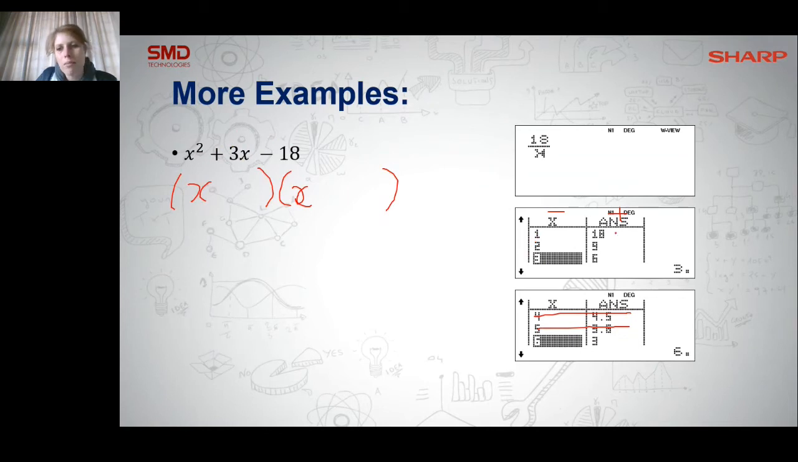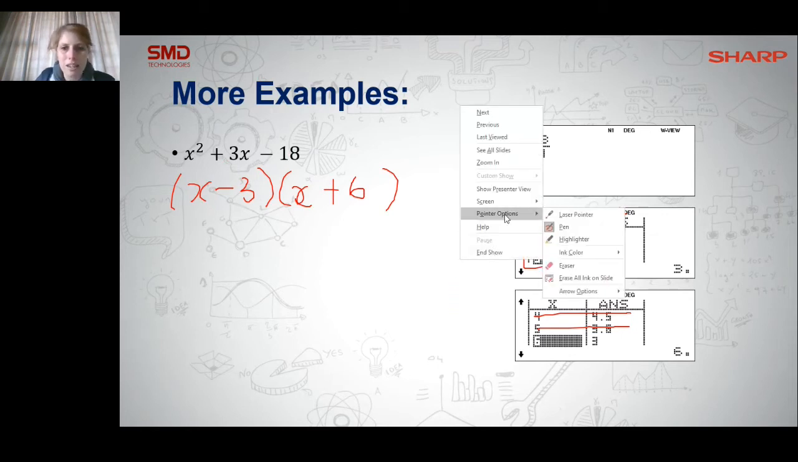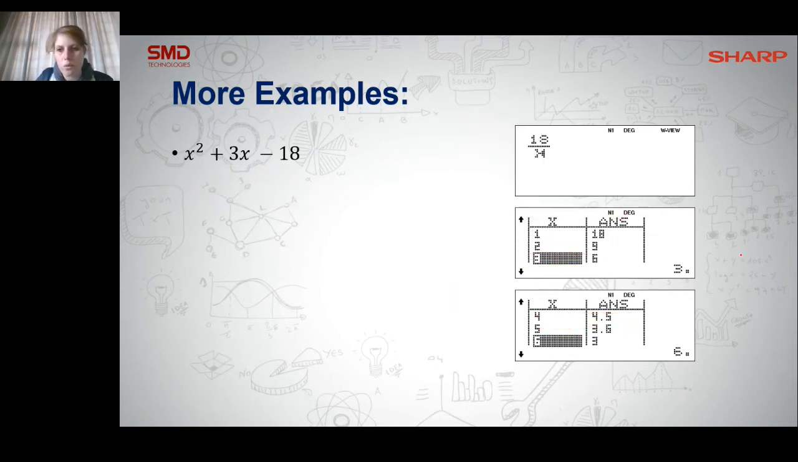Minus 1 plus 18 makes 17, not what I'm looking for. Minus 2 plus 9 gives me plus 7, not what I'm looking for. Minus 3 plus 6 gives me plus 3. Okay, so that is what I'm looking for. So I've got minus 3 and plus 6, and I'm all done. So you can see it's a really nice, easy method just from using your factor pairs